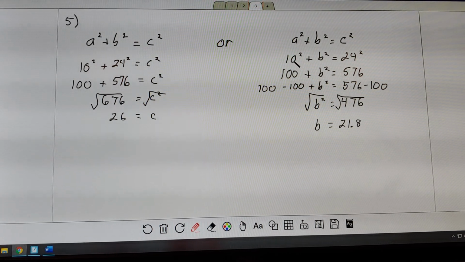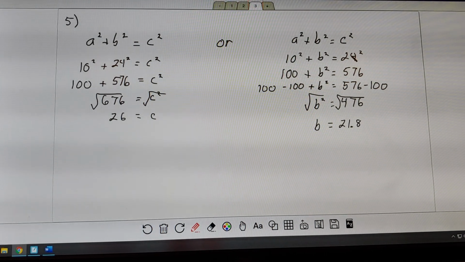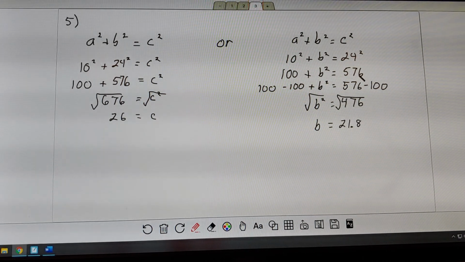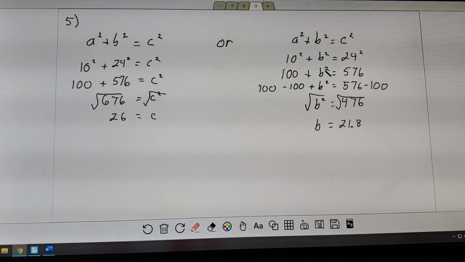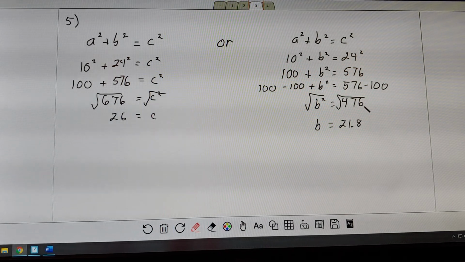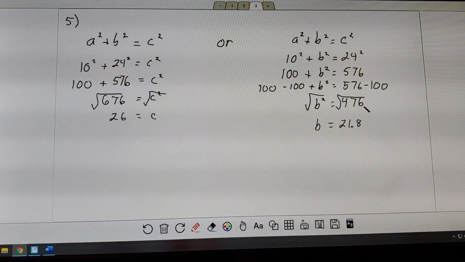For this one, same numbers. 10 squared would be 100. 24 squared would be 576. We don't want 100 with B squared, so we're going to subtract it away. Subtract it from here as well. You're left with 476 for B squared. Square root it,